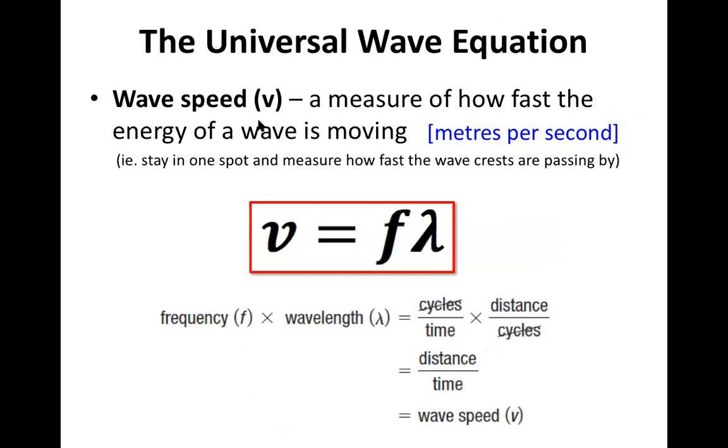Wave speed is something that ties together geometric properties and time-based properties. Wave speed is a measure of how fast the energy of a wave is moving in meters per second. Wave speed is equal to frequency, which is time-based, and wavelength, which is geometry-based. If you look at the units, frequency is inverse time, cycles per time, and lambda, wavelength, is distance over